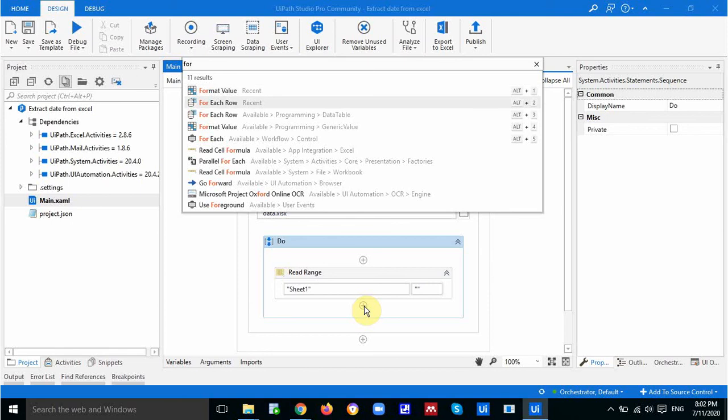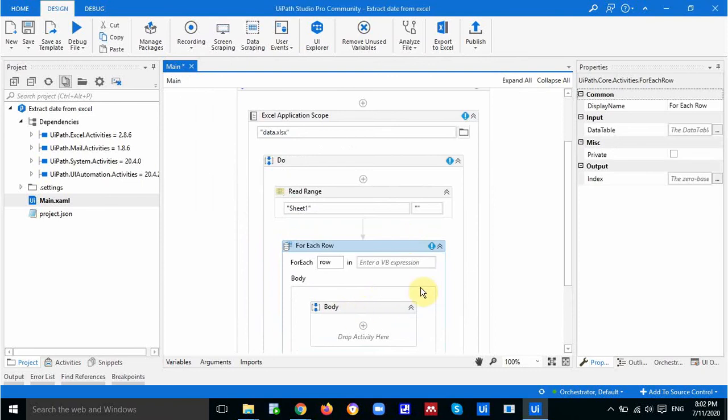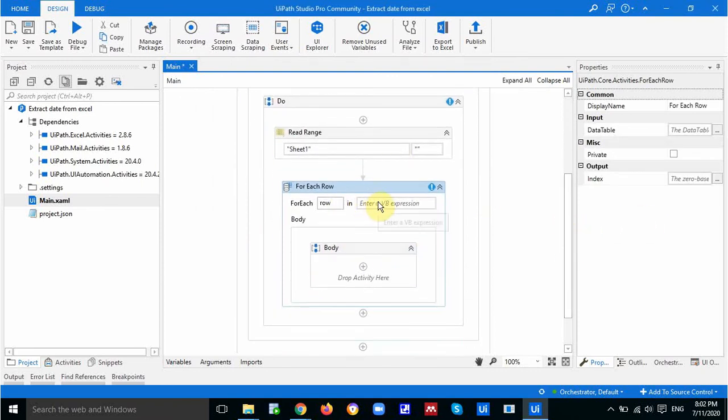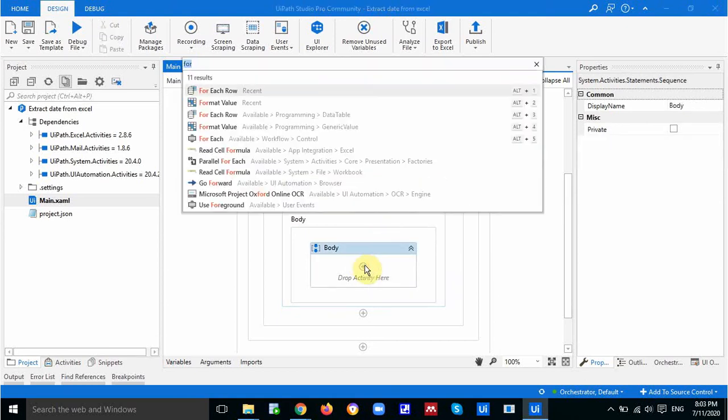Next we'll take a For Each Row activity for accessing all the items from the Excel. In this case I have to access all the data from this data table.